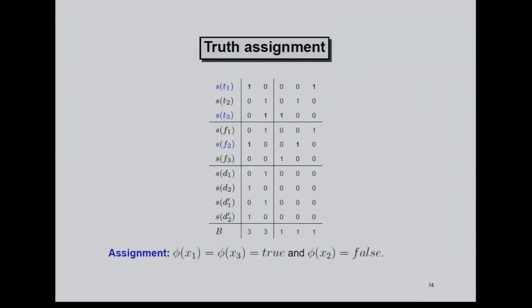So if you look at a specific assignment, let us choose x1 and x3 to be true. We have these true positions, and here we have the false for x2. You see the variable setting is automatically done. And then you have to choose two dummy items so that it fits directly together. So you see this is the corresponding subset sum solution that you get out of this. There's a direct correspondence between both things.